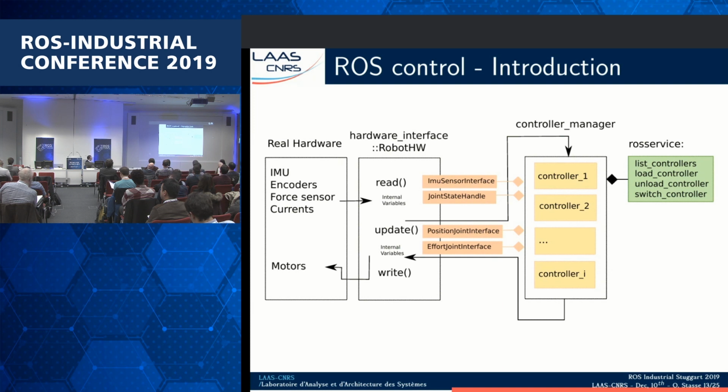And PAL Robotics actually looked at our implementation of the whole body controller that we had been doing 10 years ago. And it was for them the first basis of their own whole body controller. And now they are selling a product that you can buy if you need to do this kind of whole body control. And again, something I found very important, at least for academia and for industry, is the composability,